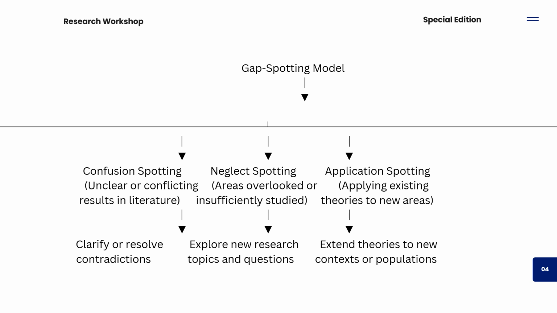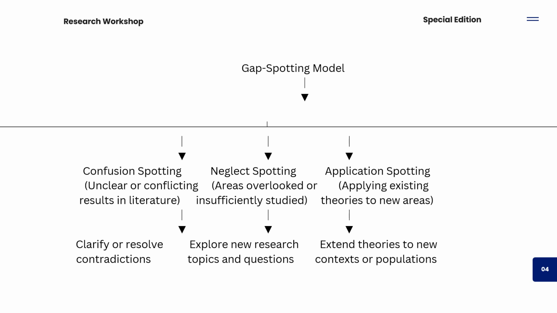This is the neglect spotting. Neglect spotting just simply means, are there areas that have not been sufficiently studied when it comes to your field? There are certain concepts that have not been properly studied and are still hanging. We still need more knowledge on them. Like, for instance, artificial intelligence. This tool has come to stay, so definitely everyone should be talking about it. So if your field has not actually looked into this properly, it may be a spot you want to look at.